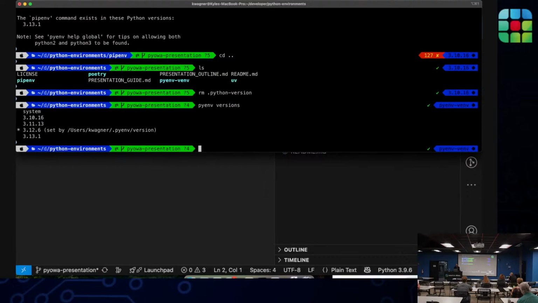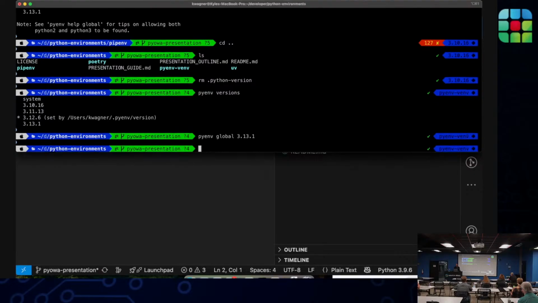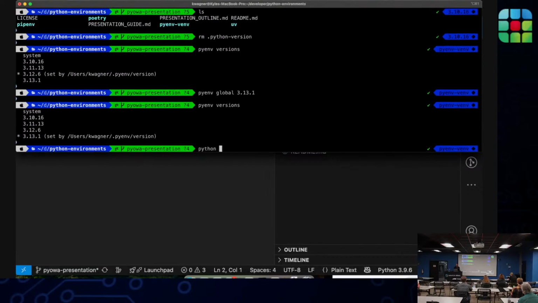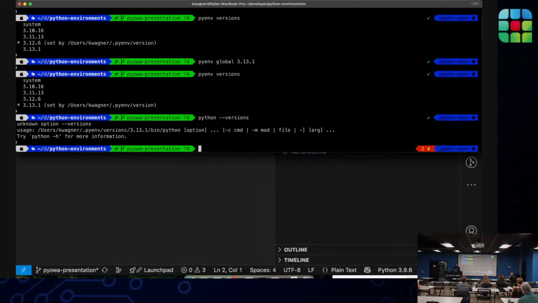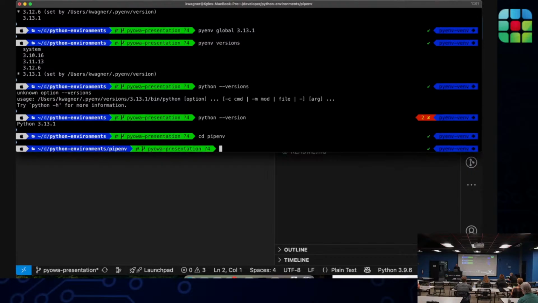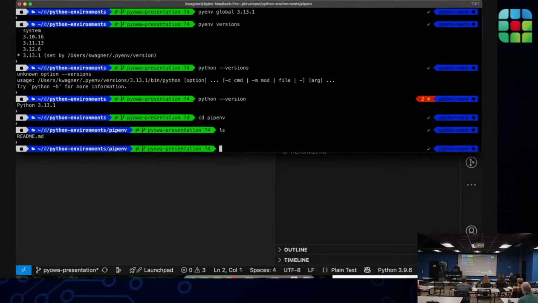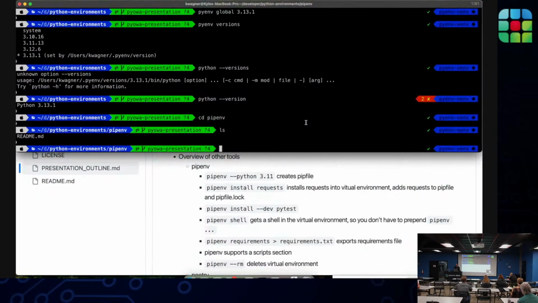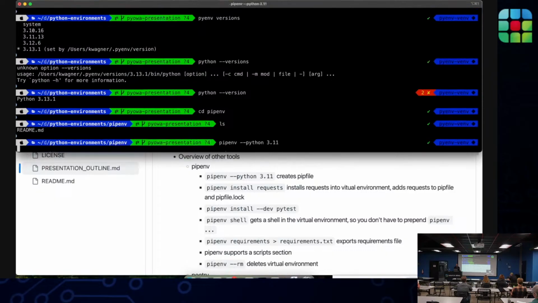Let's set pyenv global 3.13.1. Okay, showing 3.13, or yeah, 3.13. Go back to the pyenv directory, and let's try to run that command again. Set the Python version as we initialize pyenv.